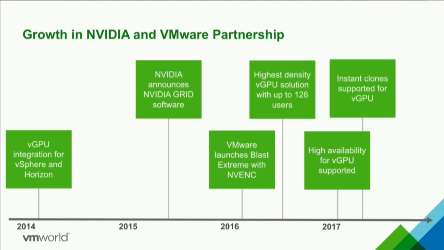And to deliver all the work that you've done in the data center, it was important for us to come up with a new remote protocol, Blast Extreme, which would take complete advantage of the capabilities of the GRID card. So we started working actively, and we introduced Blast Extreme last year in 2016. And we are now starting to see where we are building upon that particular protocol, and we are improving workflows. That's going to be most of the session today.